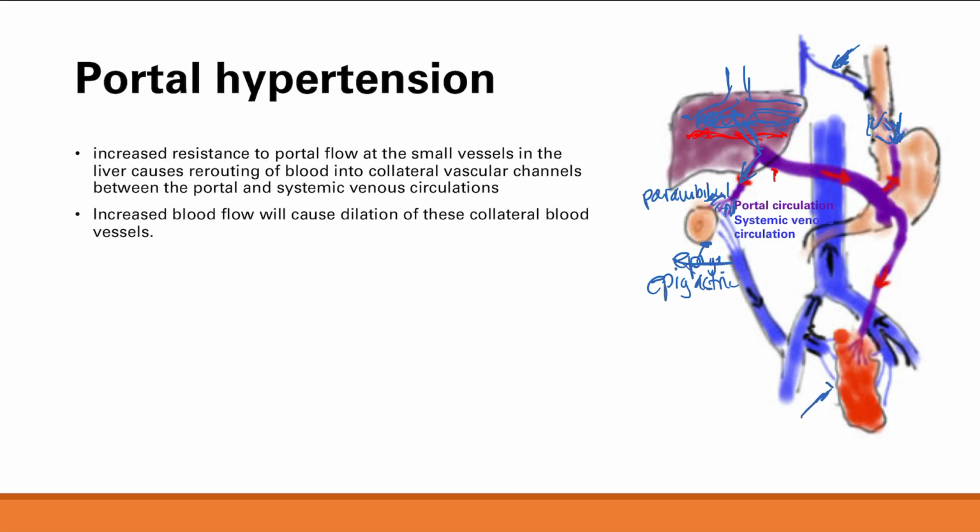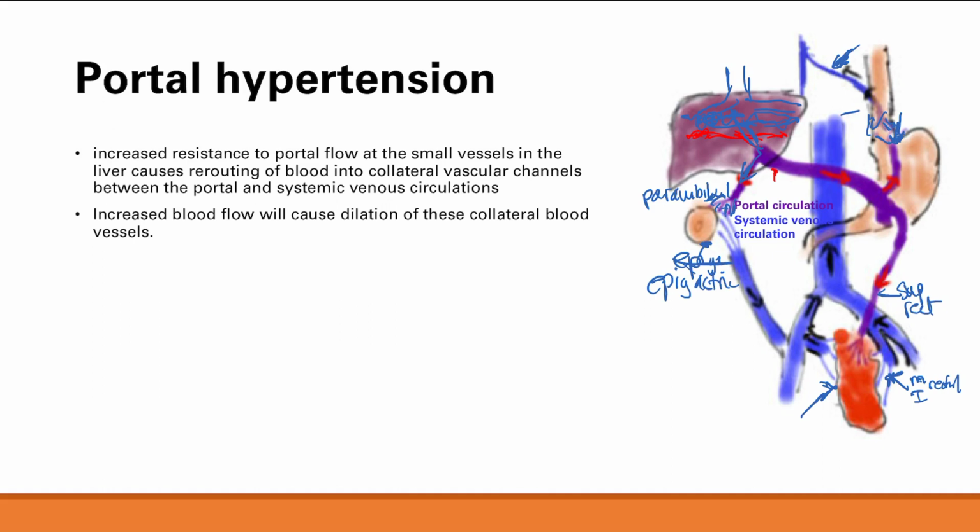Finally, if you look at the rectum, which is right here, again see dilation between collaterals. This one here is the superior rectal, and then the systemic circulation ones are the middle rectal and then the inferior rectal. So these are easy enough to remember. Superior rectal from portal, and then middle rectal and inferior rectal from the systemic circulation. And what's going to happen when these dilate is you're going to get hemorrhoids. So that's what hemorrhoids can come from.